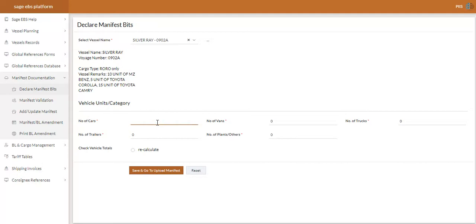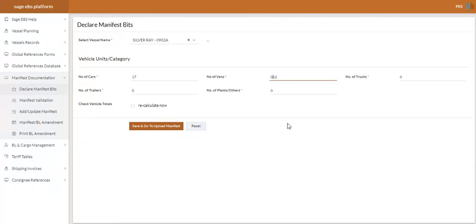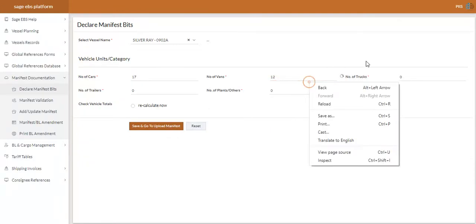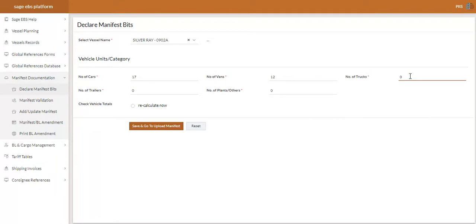Let's assume the number of cars is 12, the number of vans, let's say, is 12, number of trucks, let's assume 1, and number of trailers, let's leave the other two as 0.